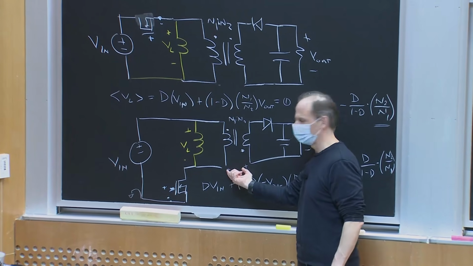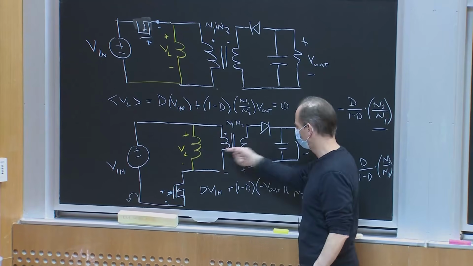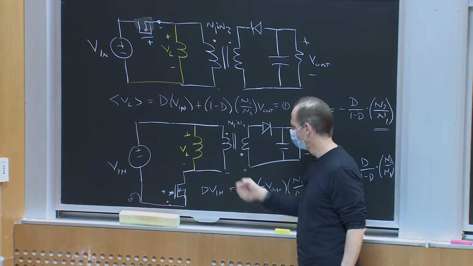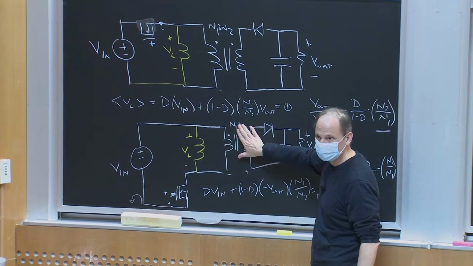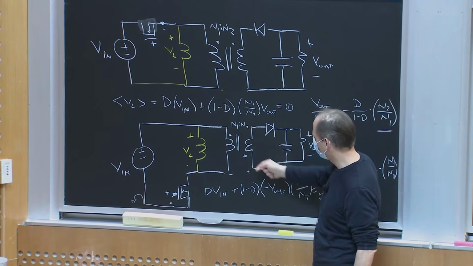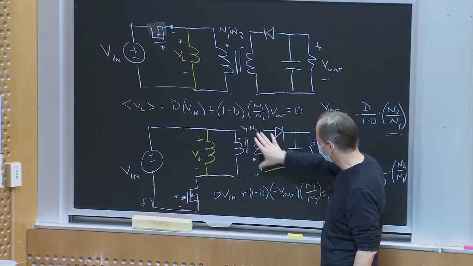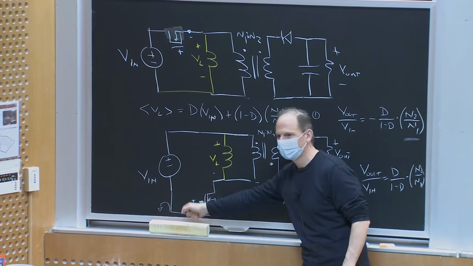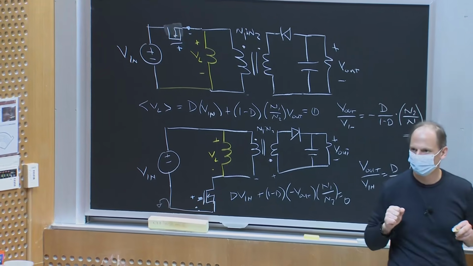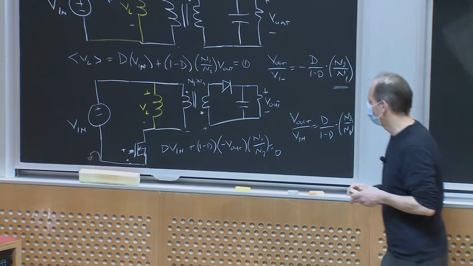Ideally, for an ideal transformer, that's just an open circuit. No current can flow this way, right? What would happen in reality? Maybe if there was a differential voltage, this transformer would saturate. But whatever happens, to the extent that this acts like an ideal transformer, you're not going to get current flow from here, through here, back to ground, and through you. Okay? In reality,